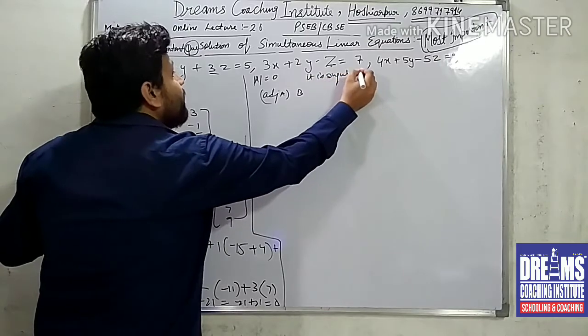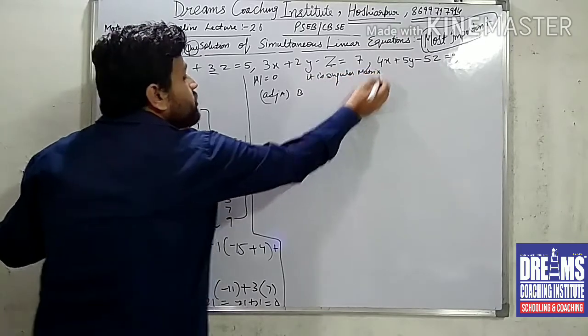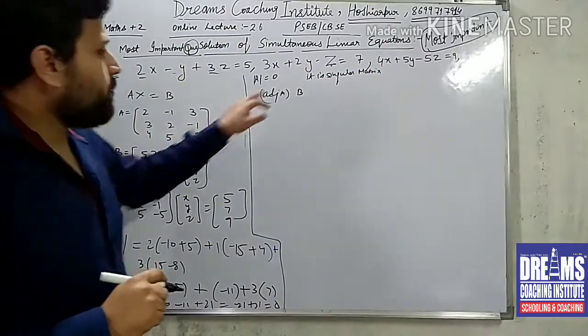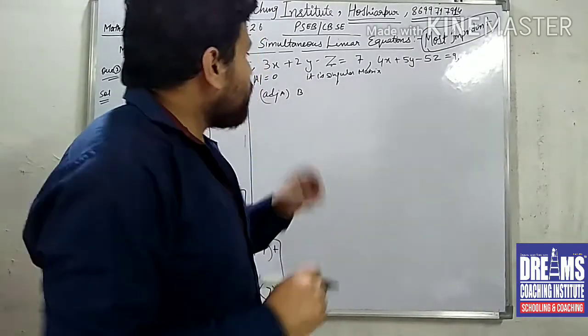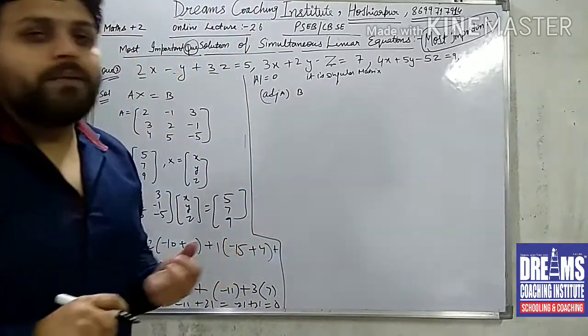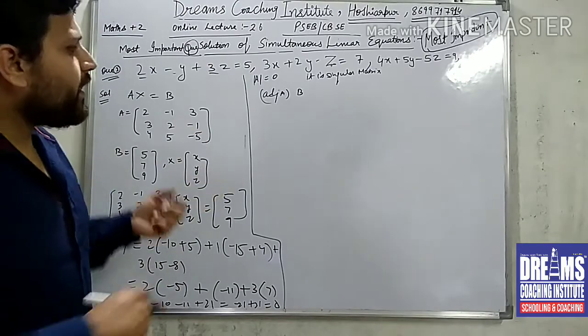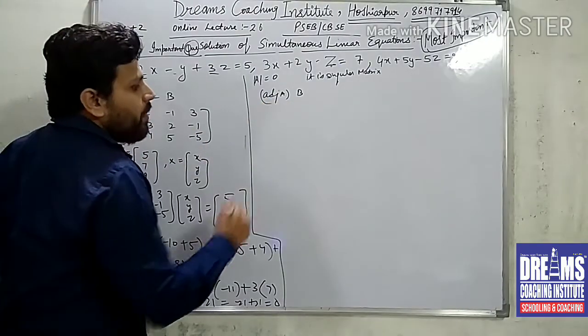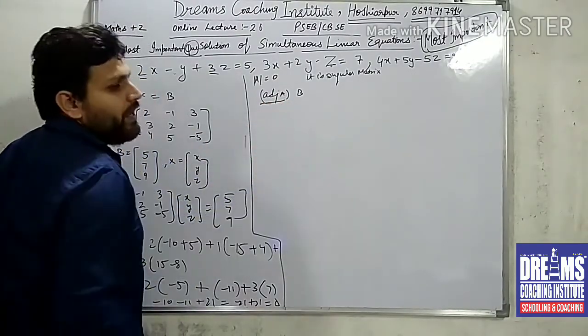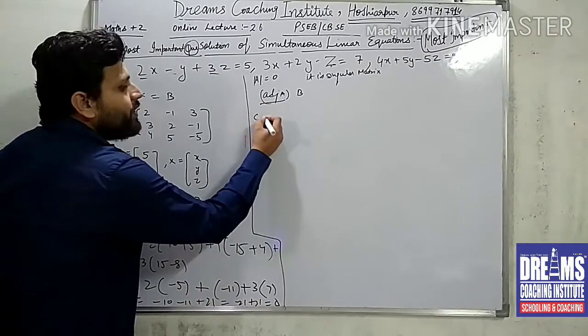जो मैंने पिछला करवाया था बेटा उसमें A determinant नॉट इक्वल्स टू 0 आया था, 18 आया था पिछले क्वेश्चन में. सो वहां पे दैट वाज अ नॉन सिंगुलर मैट्रिक्स, बट इट इज अ सिंगुलर मैट्रिक्स बेटा. तो ये सिंगुलर है, इसके लिए आपको एडजॉइंट ऑफ A इनटू B निकालना पड़ेगा. सो हाउ टू फाइंड द एडजॉइंट ऑफ A? तो एडजॉइंट ऑफ A के लिए वी नीड टू फाइंड द कोफैक्टर्स.